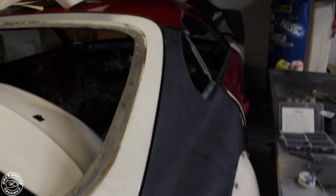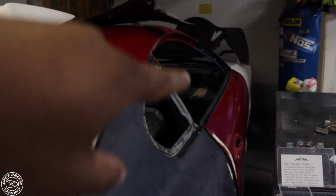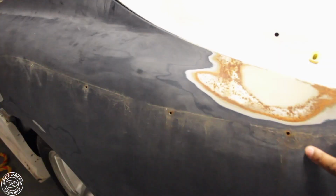So as you guys know, this car came with this Riddox wide body kit. You can see it's got the rear fenders in the rear, and it's got the wide front fenders up there. I'll show you guys on this side. It's a little bit packed in here right now. You can see the front fenders are a bit wide up front, which I might leave, the front ones. I've seen another car with just the front ones, the side skirts, and then a nice front bumper, so I might do that. But what I don't plan to do is run the Riddox rear fender overs, or the wide body in the rear,